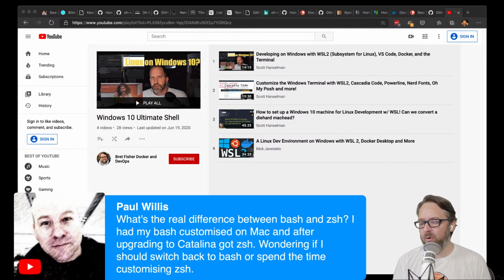It's kind of like saying, what's the advantage of Node.js over C or Python or whatever. To me, it's about community. It's about the plugins that are available, the updated plugins. And I don't understand the inner workings of ZSH versus Bash, but I can tell you that,